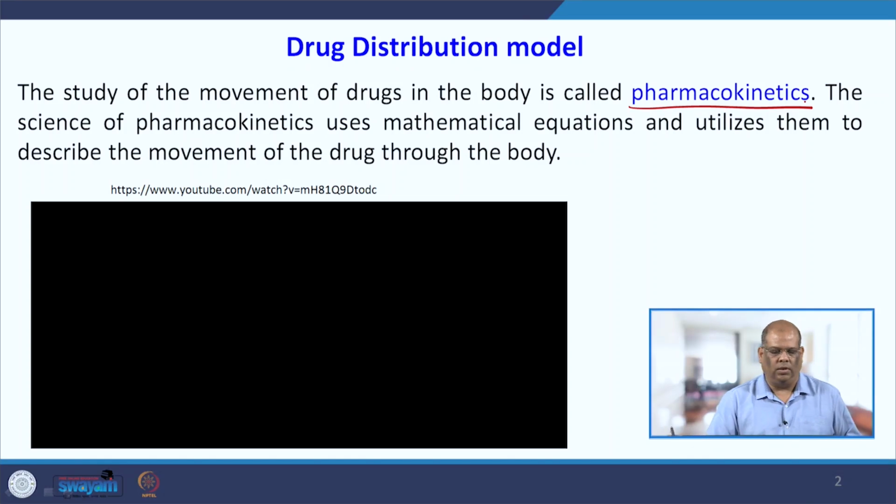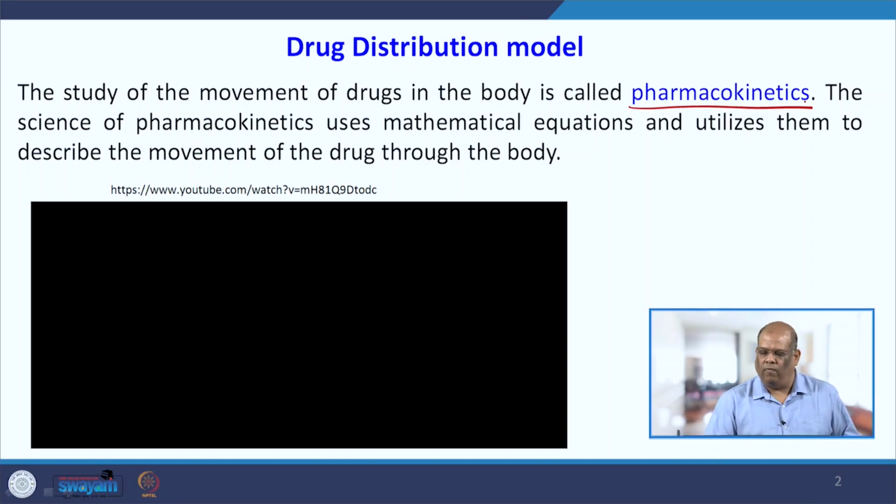Hello, welcome to the course Excelling with Mathematical Modeling. Today we will be discussing the drug distribution inside our body, that kind of model. So, to start with, this whole process, that is the study of the movement of drugs in the body, is